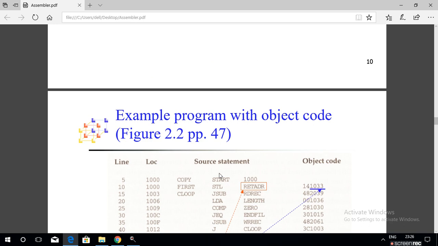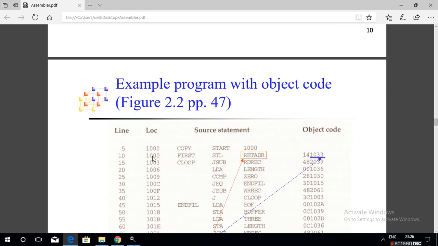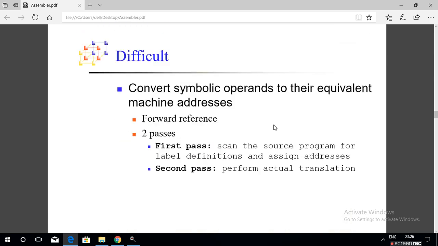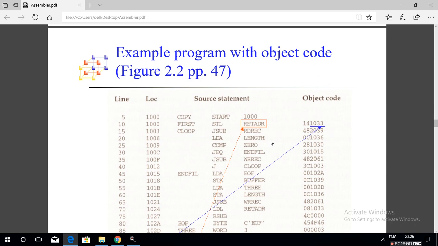So the first task is assigning the machine address of the memory location to each symbol, and the second task is translating the mnemonic opcodes to their machine language equivalents. STL is a mnemonic opcode; its machine language equivalent in hexadecimal is 14.